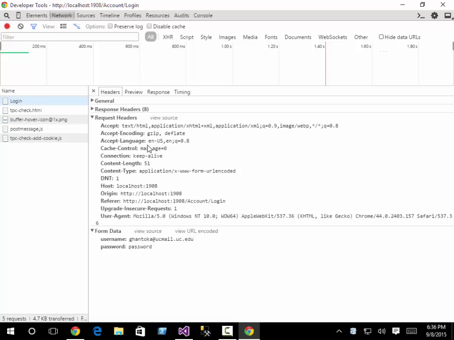The secondary piece, which is the form data, is actually what the browser does when it captures the content of the form and packages it up to send it back to the server. Now, Chrome does a nice job of parsing it, makes it look pretty, gives us a key value representation. If we go to the view source, it literally packages it up,